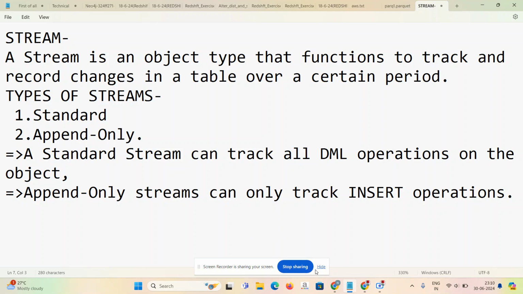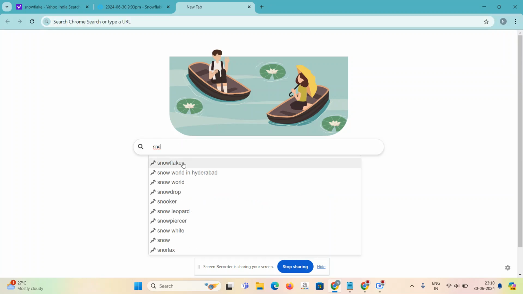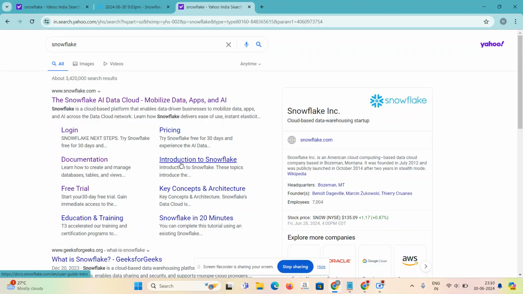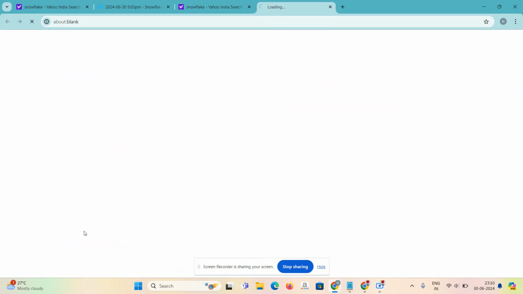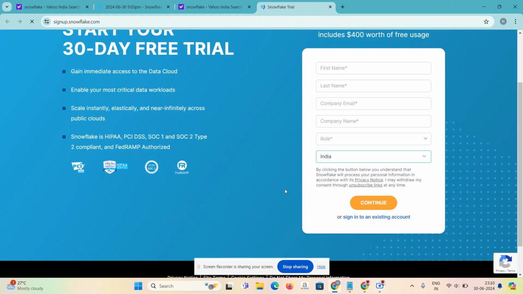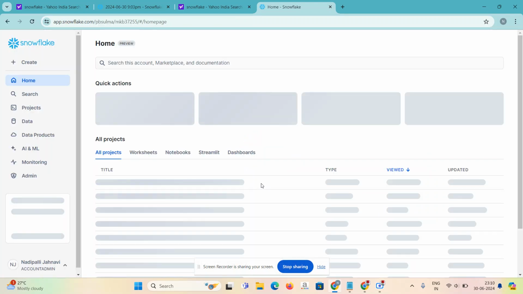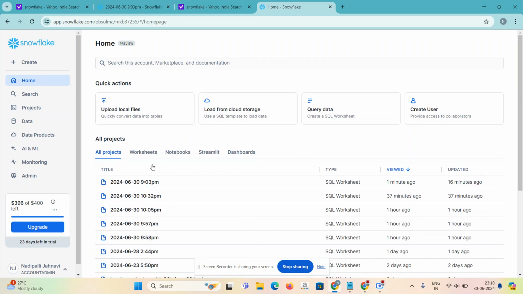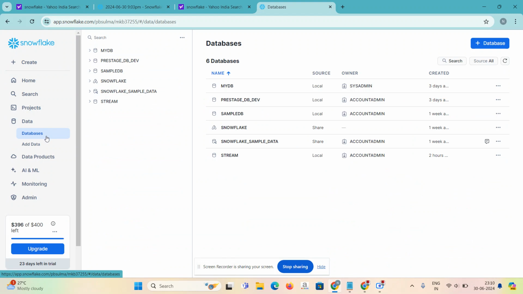To set up the Snowflake account, just open Google and search for Snowflake, then click on the Snowflake trial. If you have already signed up, click on sign in to an existing account, then go to the Snowflake homepage and create the database and schema.